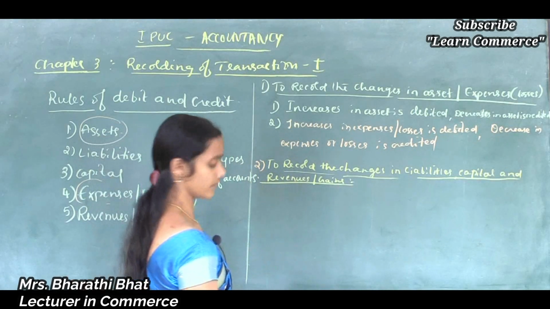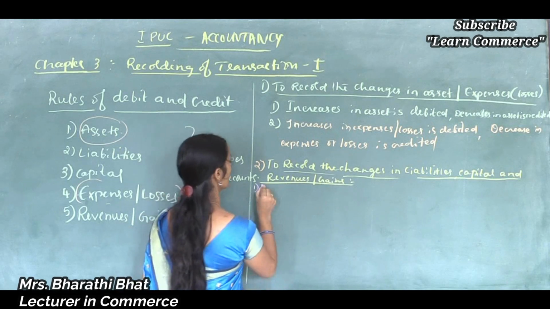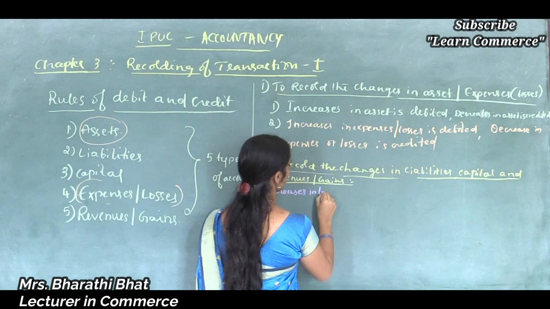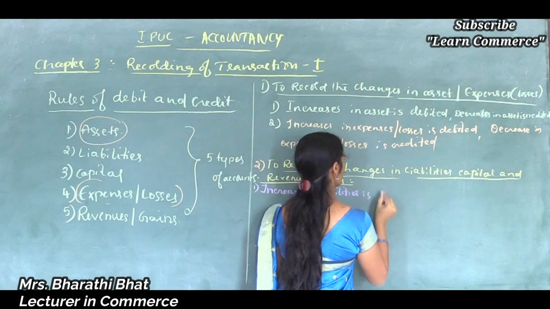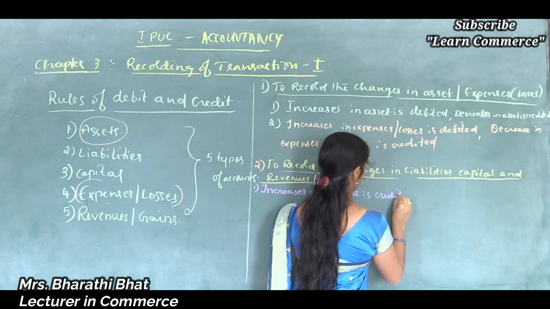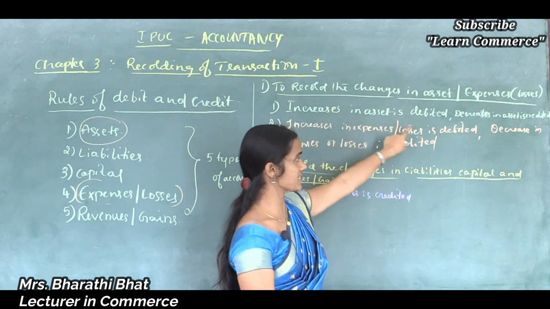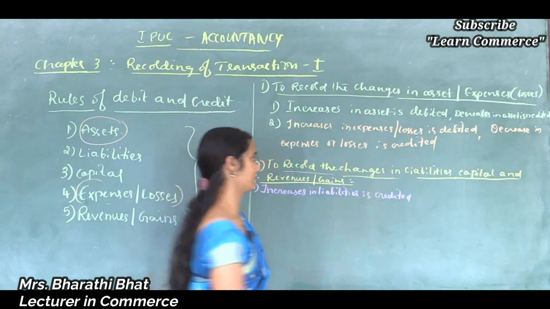The first rule for liability is increases in liabilities is credited. See, opposite to this, here increases in asset is debited, here increases in liability is credited, and